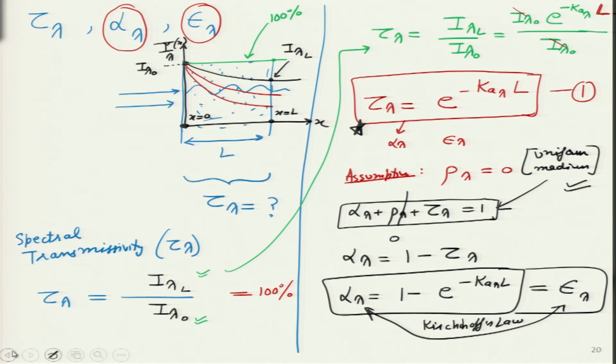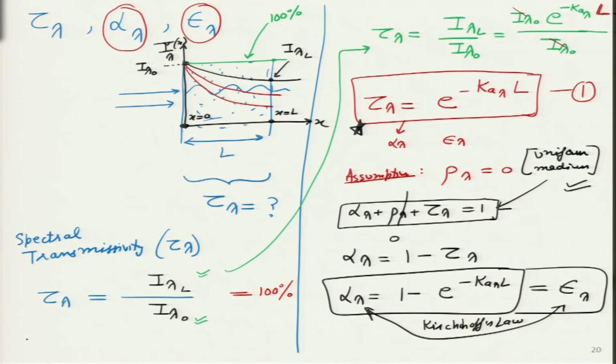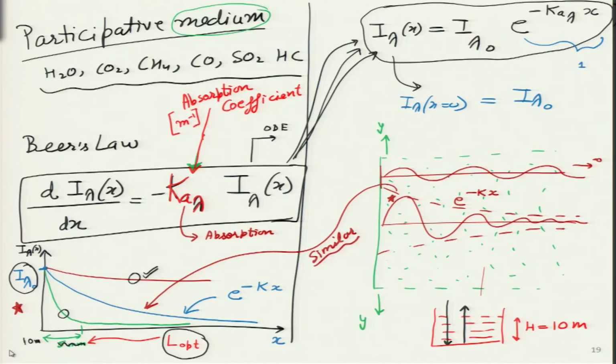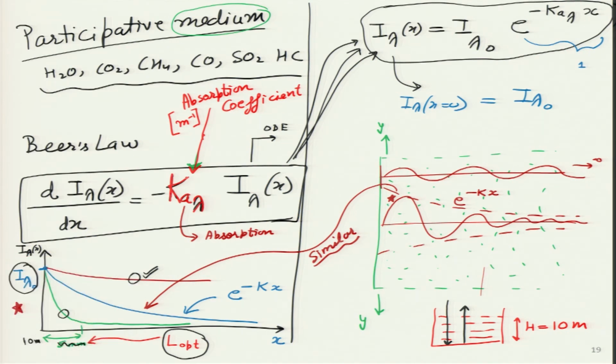Okay. So, we have looked at the basics because we are only going to cover some preliminary basics of the participative medium. Now comes the question that is most important. I think equations are very straightforward because it is simply a one variable ODE, first order, concepts are very clear. Now, let me try and look at the interesting part, and to me the most interesting part is this red variable over here, k a lambda. And why is it most interesting?